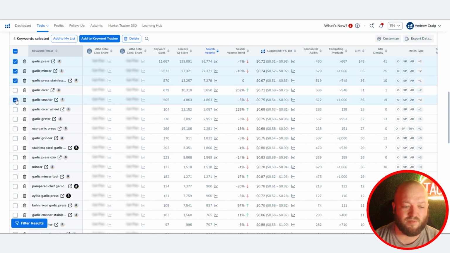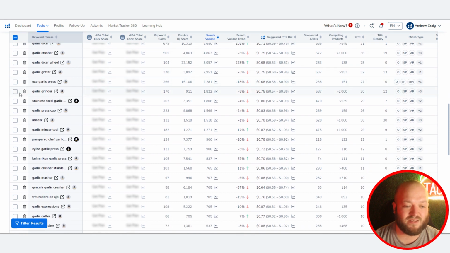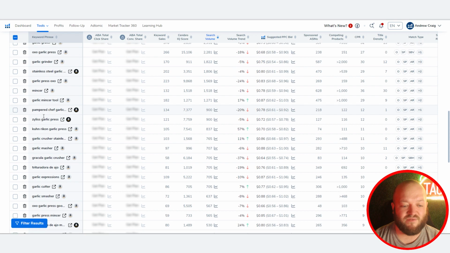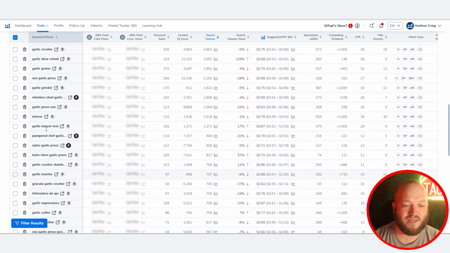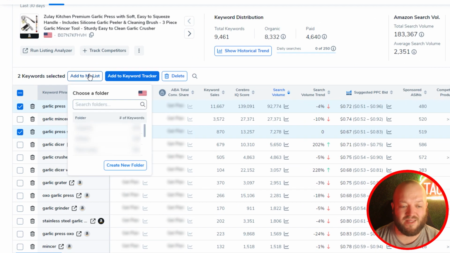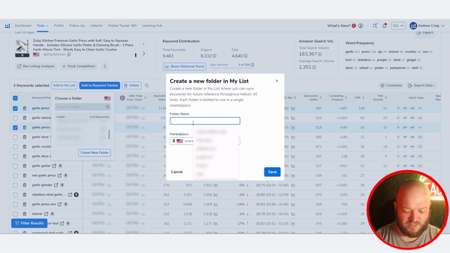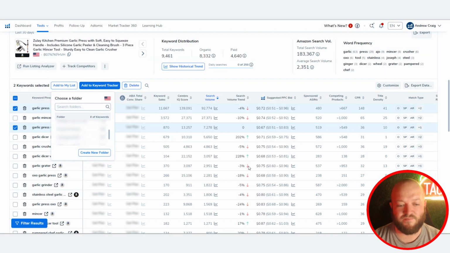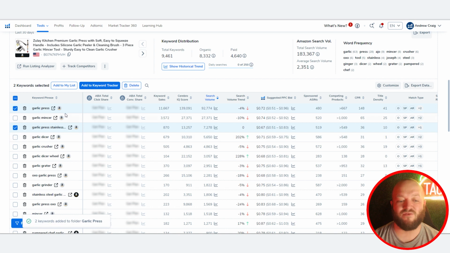And as you go through, some of them, yours might not be a crusher, yours might not be a mincer, but if it is relevant to your product, grinder, mincer, different things like that, go ahead and add it to a list, and that's going to help you to get started. So what I'll do here is I'll just quickly create a list. I'll say garlic press, and then I'll go ahead and hit save. And then when I do, I'll be able to scroll down, select garlic press, and we'll add those keywords directly